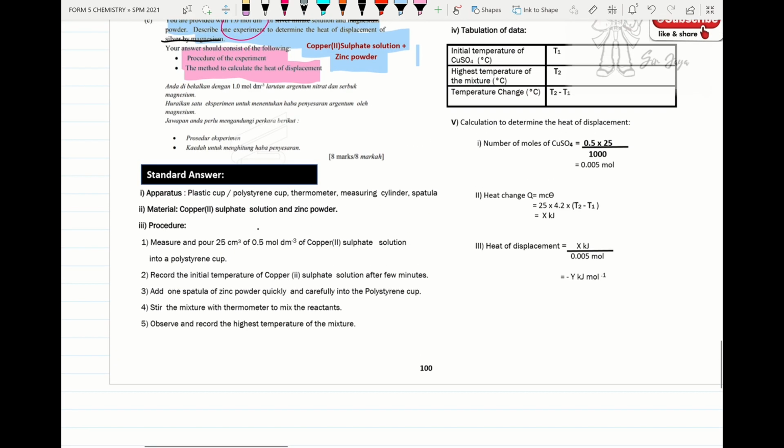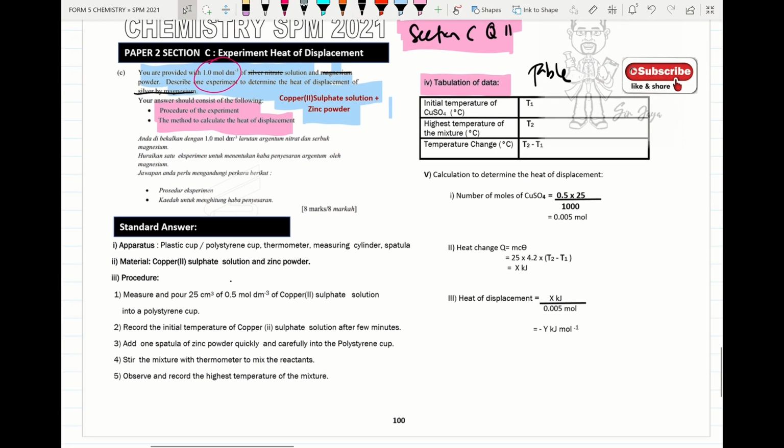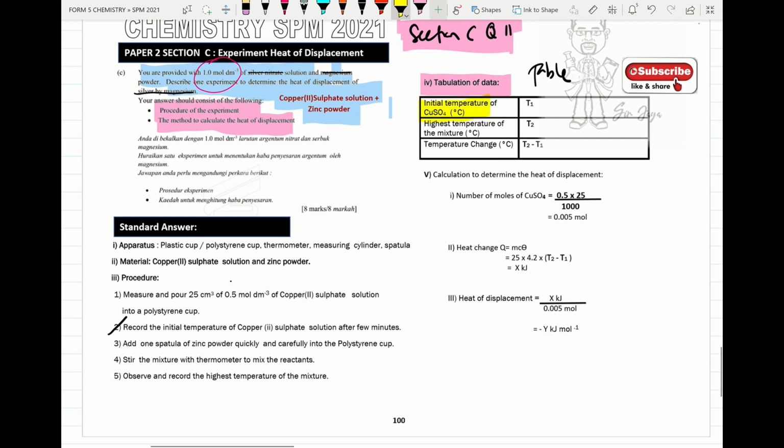All right, so next we move on to how to do calculation. So we do calculation, tabulation of data. So please do a table like this. Under, we put initial temperature. Please check the question number. Procedure number 2, record the initial temperature of copper 2 sulfate solution. Make sure the unit is